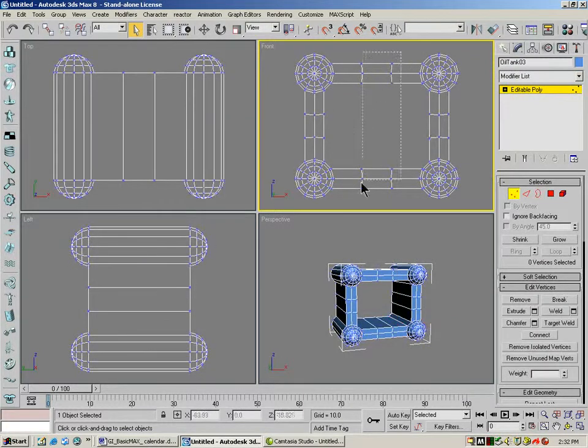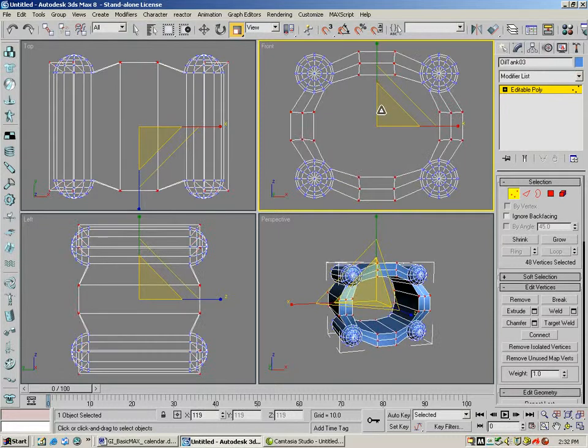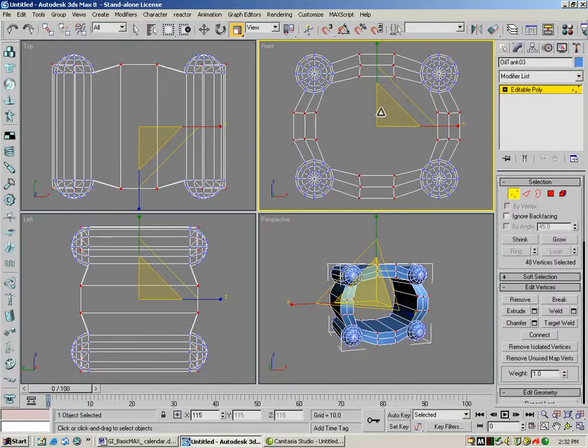Okay? Now, you can probably guess what we're going to do here. I'm going to go to vertices and grab the vertices that are in between these, go to scale, and as long as my center point is right between them all, which it should be if we haven't done anything, I'm going to scale those out. And I can start to,